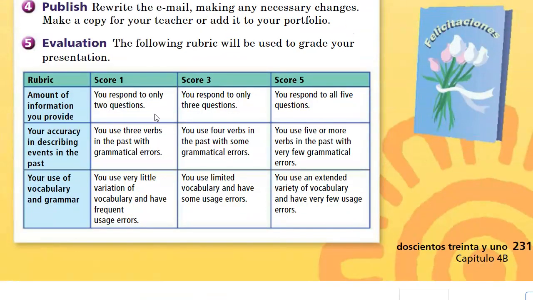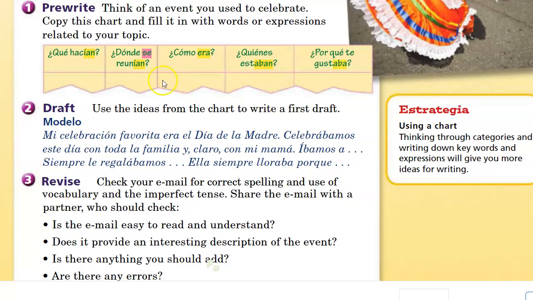is with regard to vocabulary. So, looking for verbs that you would associate, and you can look in the glossary on page 234, verbs that you would associate with how we celebrate, how we embrace and engage family during celebrations. Locations of where we get together to celebrate, adjectives to describe, family member vocabulary, of course, is what we're looking for here. And then really a mixture of all of that vocab to indicate why it was your favorite.